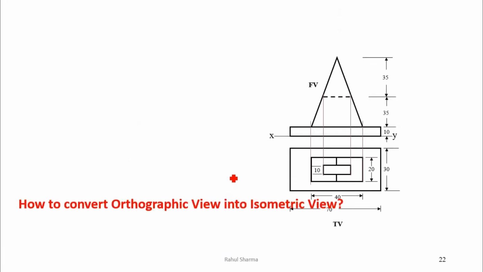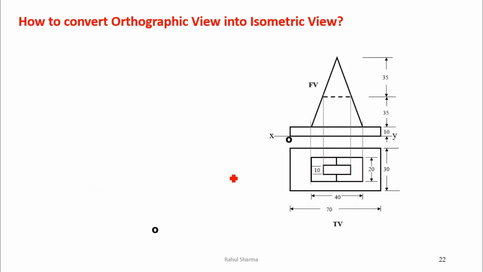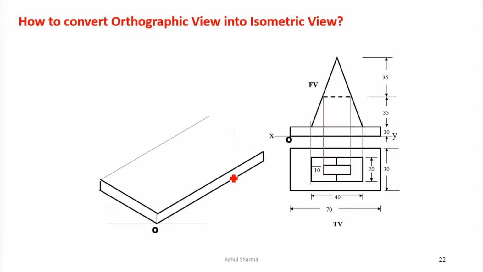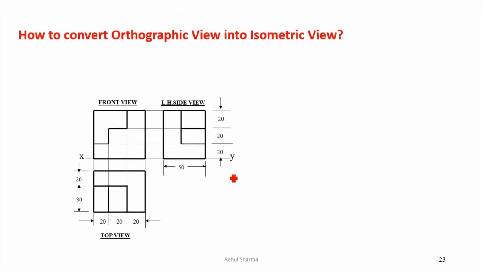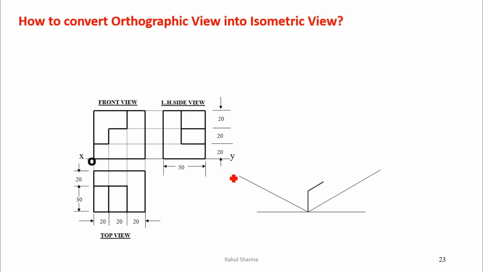So now we will see few more examples. Let's say this is the front view and top view of an object. So you can see how we are making the isometric of this object. The same procedure you can follow, but the first thing is that you have to understand the object, what is the shape of the object given. So with that shape you can make the isometric view of these objects. You can see here how I'm making.